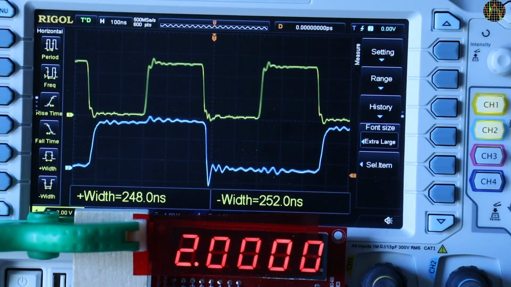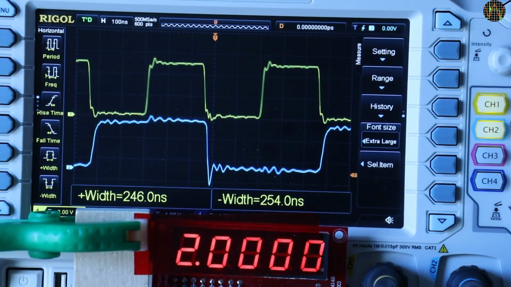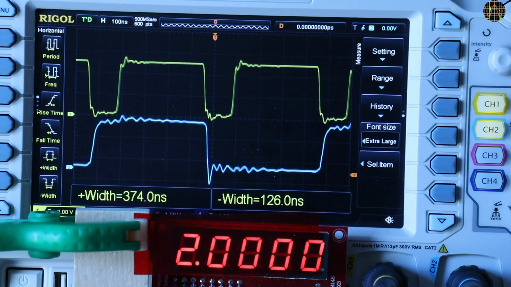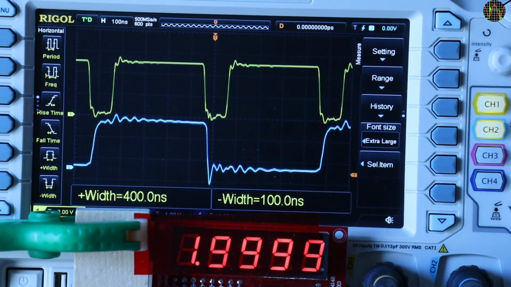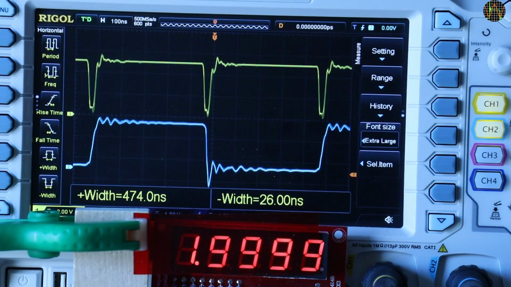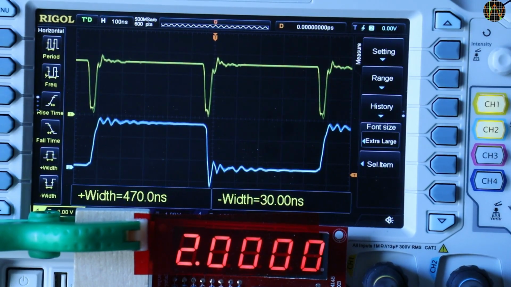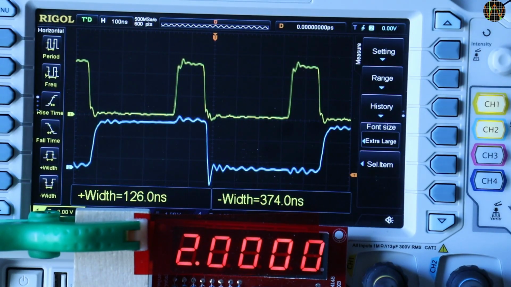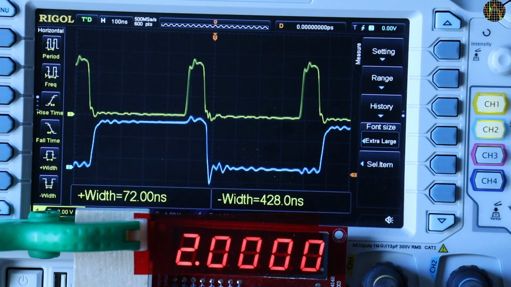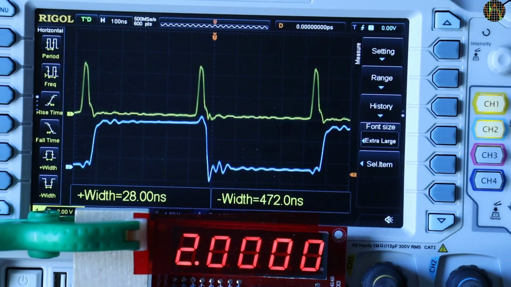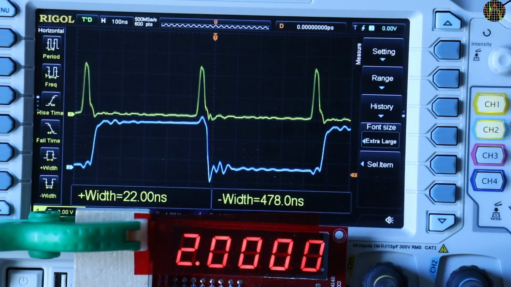Repeating the test with the new firmware, now using the prescaler in this range. 50%, which of course still works. 75%. 80%, this is where the problem started with the original firmware. 95%, still no problem. And the same in the other direction. 35%. 15%. 5%, all working fine now, at least over this duty cycle range at 2 MHz.